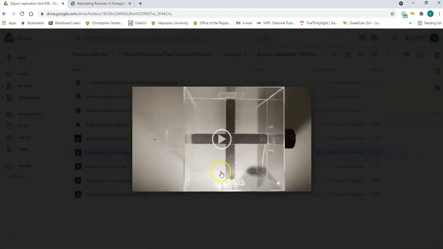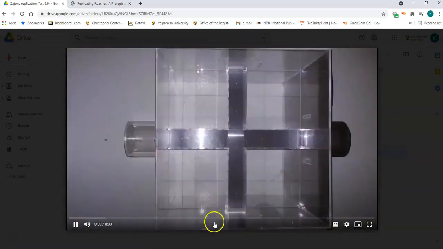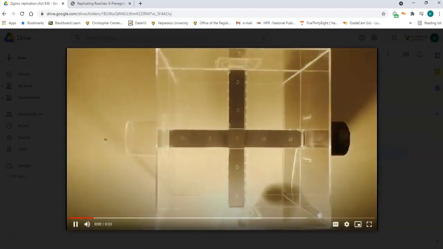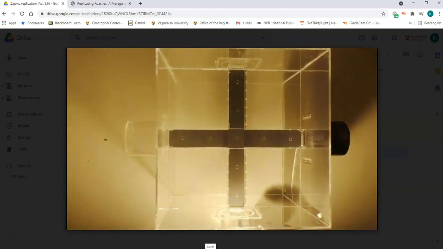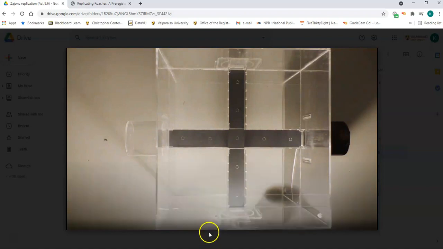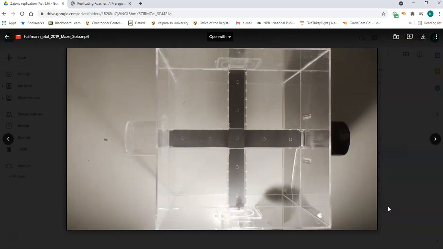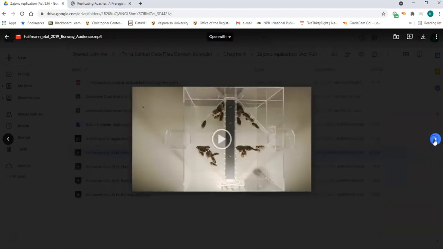This is the same condition but without an audience. Cockroaches do not like light, so they open this box and they're in a lit room, and so they want to go to the darkness, and that's why they're going to this area over here, because they can see that that area is dark. A little sluggish here. Okay, and then let's